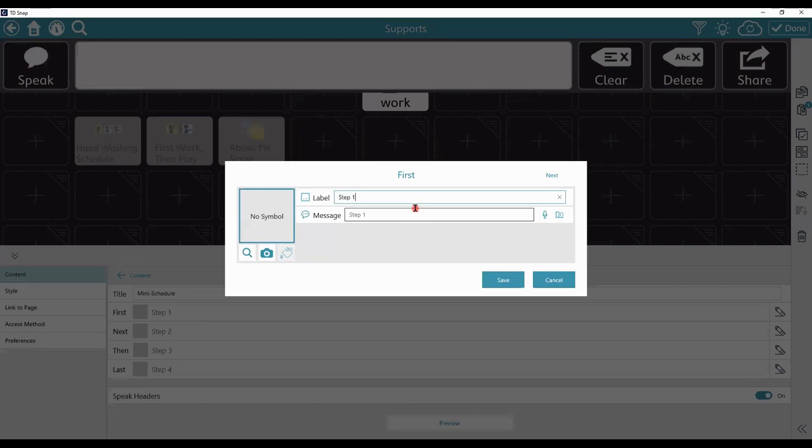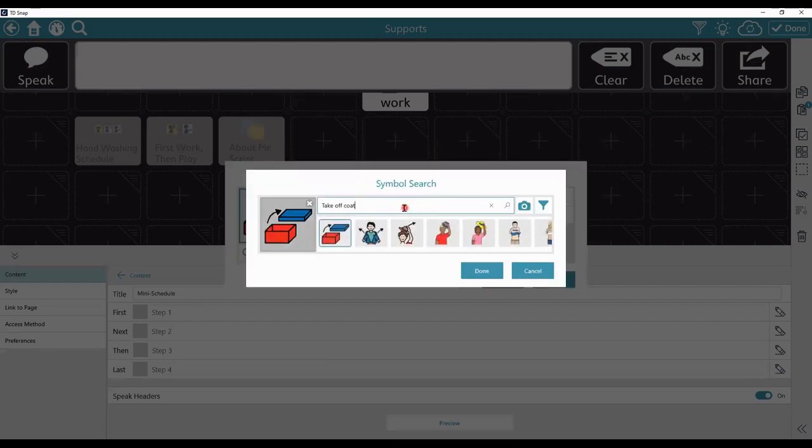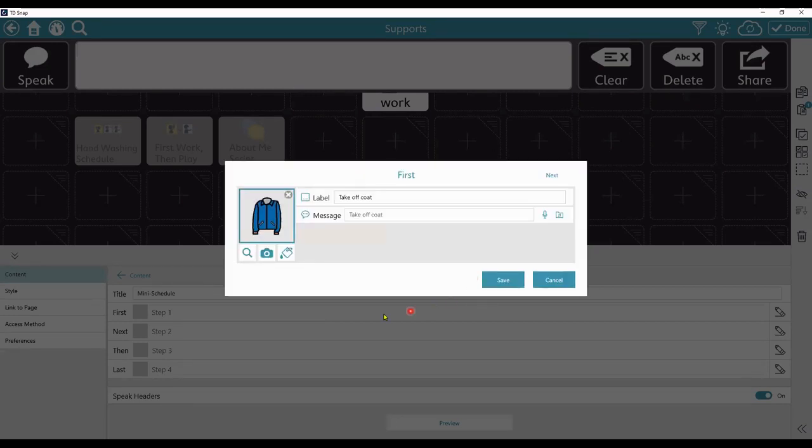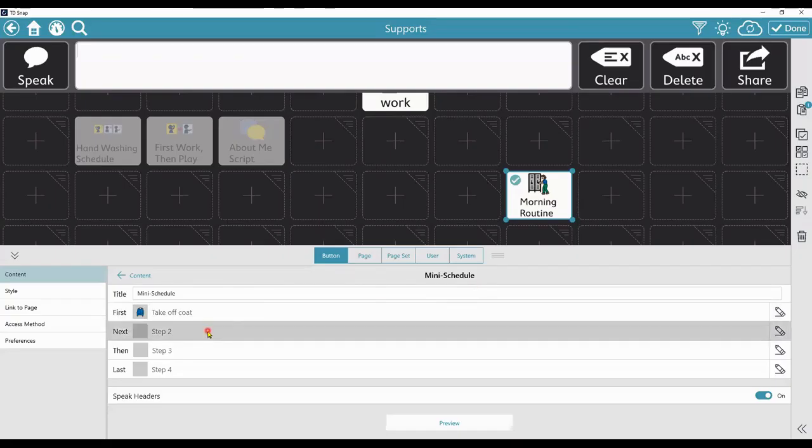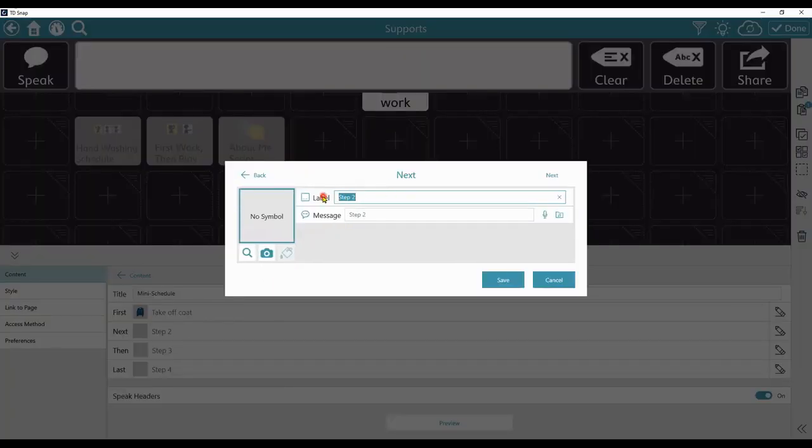The first step is going to be take off coat. I'm going to search for a picture. I'll just do a picture of a coat. Save. Step 2.